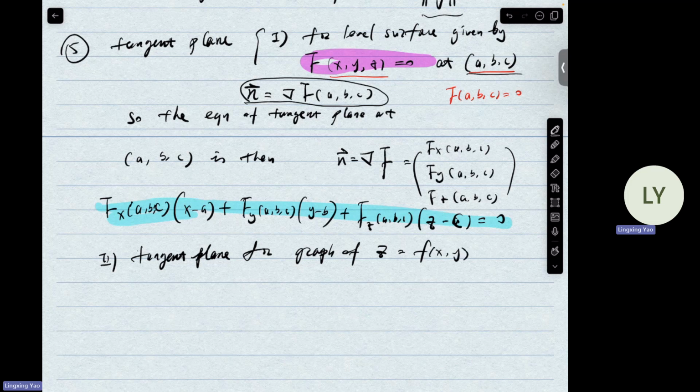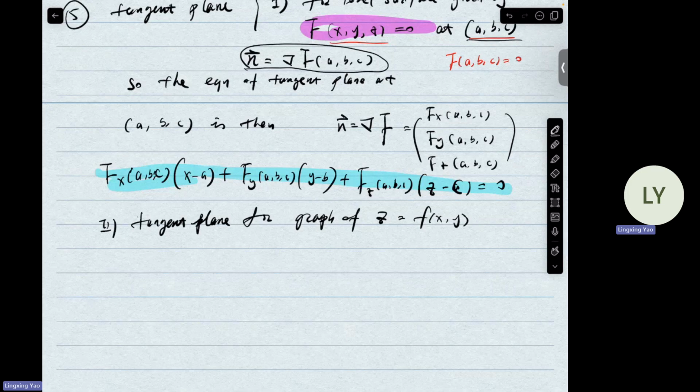We said we could convert this into the level surface by writing this capital F as z minus little f, or capital F equals little f minus z. So for those, we have the